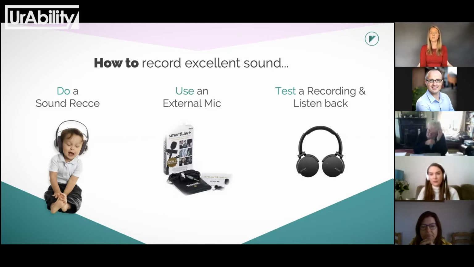So I'm perfectly happy with the sound, but what you need to do is turn off any other computers or desktops in the room, fridges, close windows and doors, and do everything you can to make sure your sound is as good as it can be. So I've got 3 steps here to recording excellent sound. Do a sound recce, where you go into different rooms in your house